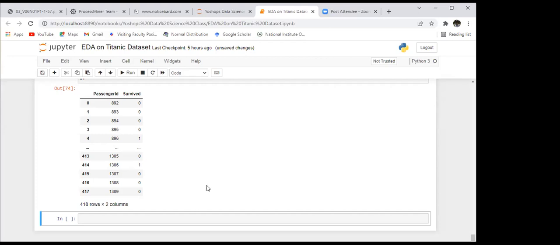Now, after the modeling is done, there is one more step left, right? You have to check how accurate your model is. So for that, from sklearn, you can import metrics.